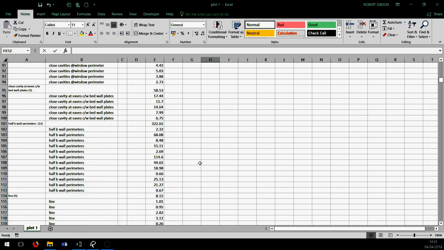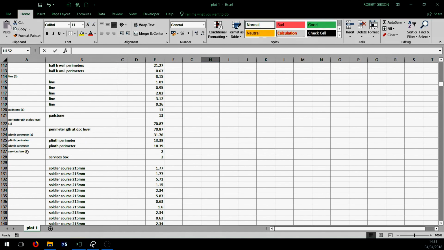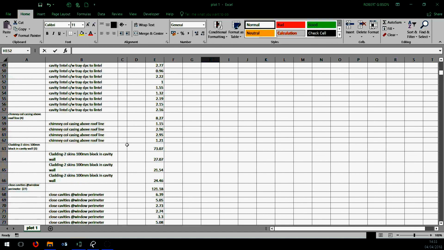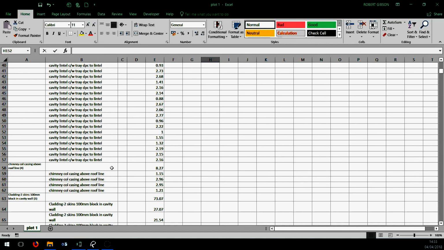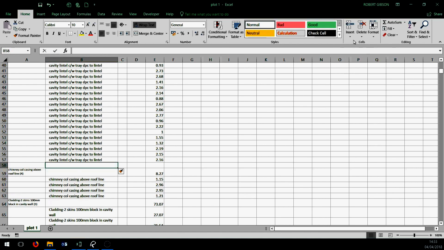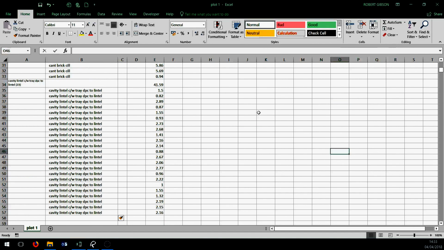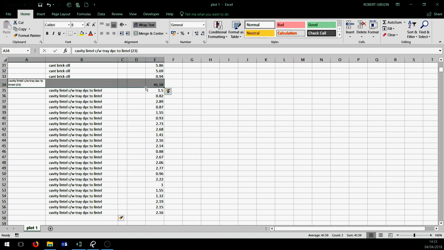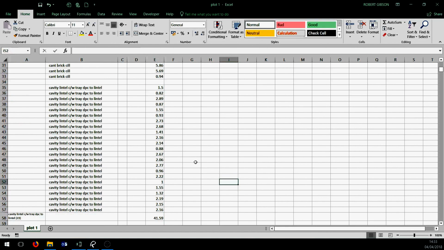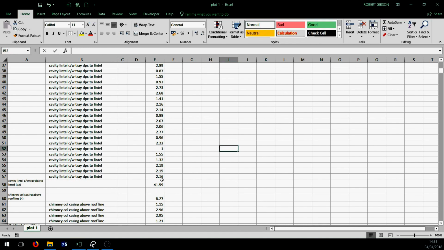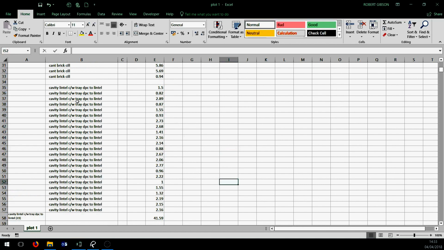So let me just finish this off here by showing you this. What I've taken to doing with my cavity lintels now, I think I touched on this before when it came to the supply, is this: because these are all jumbled up, because they're in the sort order from where I've taken them off,